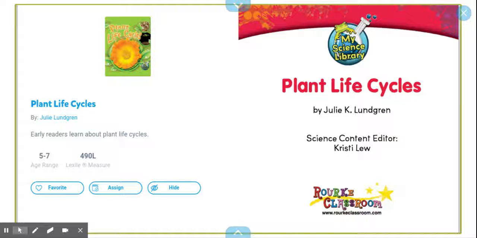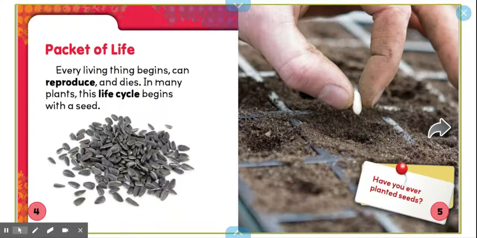We're going to be using science to help us with some of our language skills. And so I thought that by reading this book and practicing those things, that might help you determine the main idea. So this is called Plant Life Cycles. And the first thing I'm going to do is just survey the text. I'm going to look at the